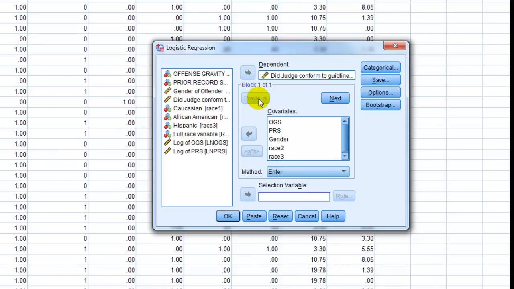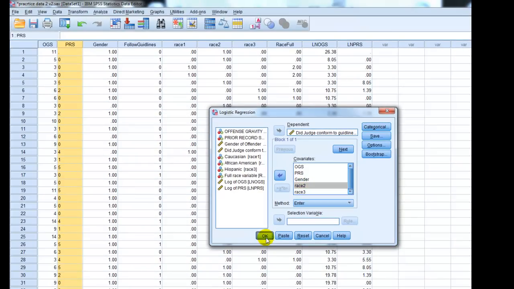But you can read about it in the book, and it's the same concept of what I talked about in the multiple regression unit. So we're just going to do all at the same time, which is how I recommend to do this, unless you have a specific reason to enter variables in steps, which would normally be if you're conducting some type of really new research. But for our purposes, we're just going to put it all in at the same time. So come down and click OK,